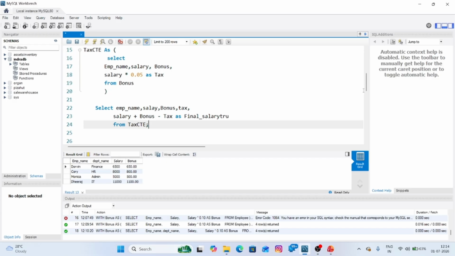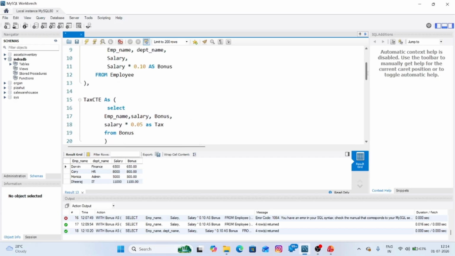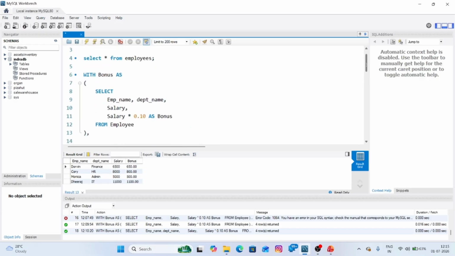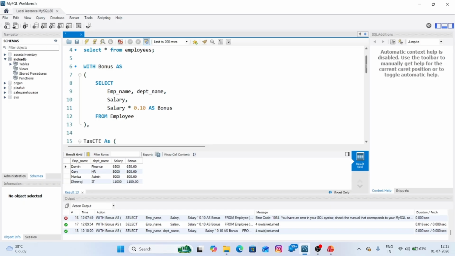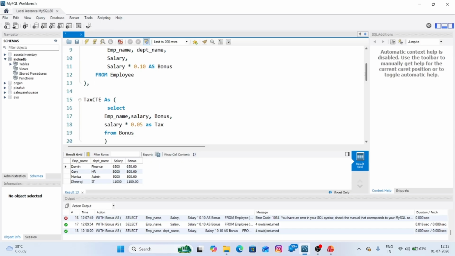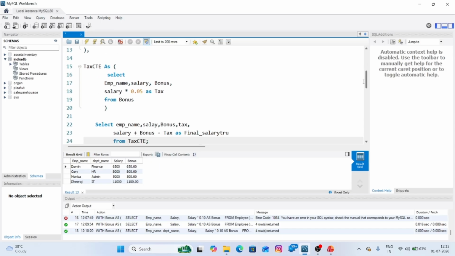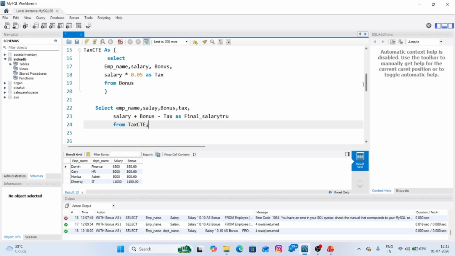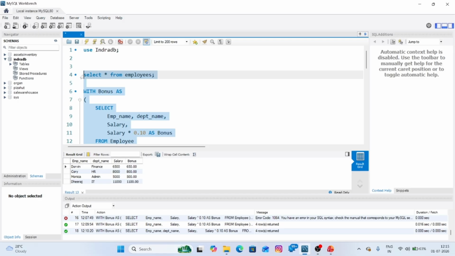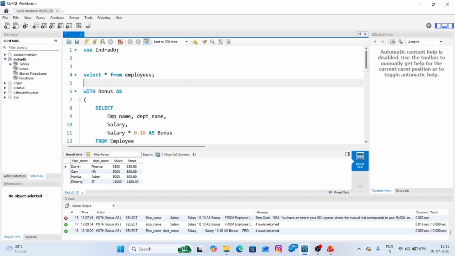Let me explain once again. First I'm adding one column, giving a 10% bonus. Next I'm creating one temporary table, defining the tax plus defining the bonus, and then I'm calling everything from there.